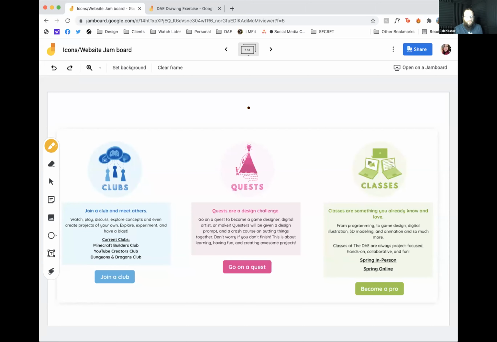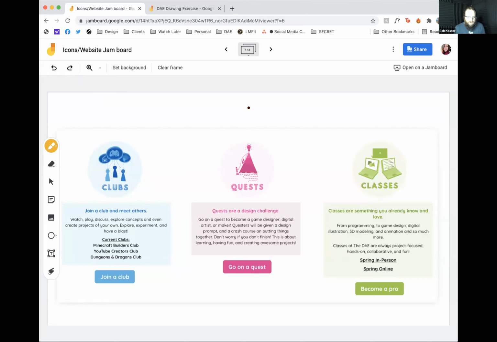And I think that's really important with students, regardless of what you're teaching them or what they're working on. It's important to establish, especially online, but even in person, the tone that it's a place to share creative ideas safely. And I think the Jamboard is an awesome tool for that.